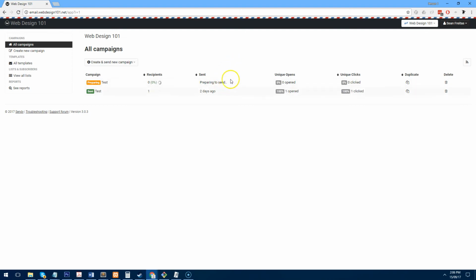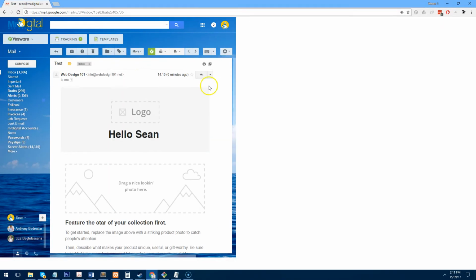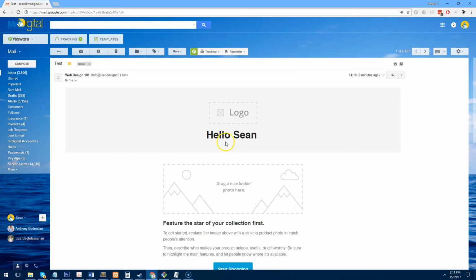Depending on when the cron job is going to start, it can take 30 seconds or it can take up to 5 minutes, and then you'll start seeing some progress. So we'll just wait for that to progress. Okay, so the email has been sent, and if I load it up on my mail program, you'll notice that